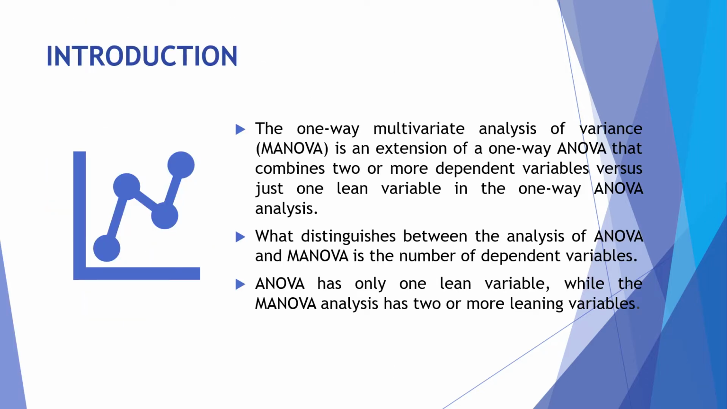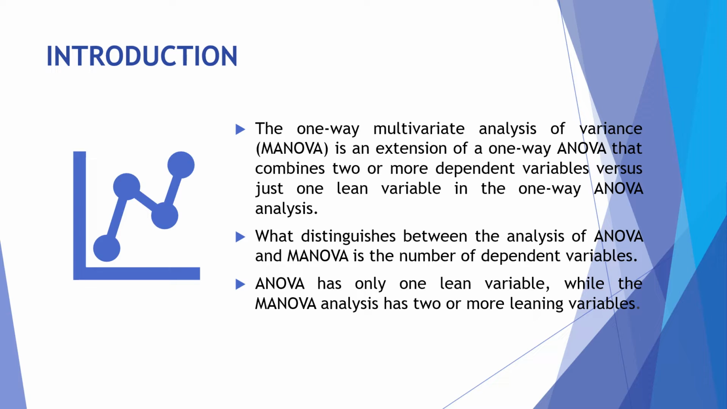Chapter 8: One-Way Multivariate Analysis, MANOVA One-Way. This chapter will guide you to run a one-way MANOVA task with a post-hoc task, as well as how to interpret and report results. This chapter will also discuss the assumptions that need to be followed before performing this one-way MANOVA task. Introduction. The one-way multivariate analysis of variance, MANOVA, is an extension of a one-way ANOVA that combines two